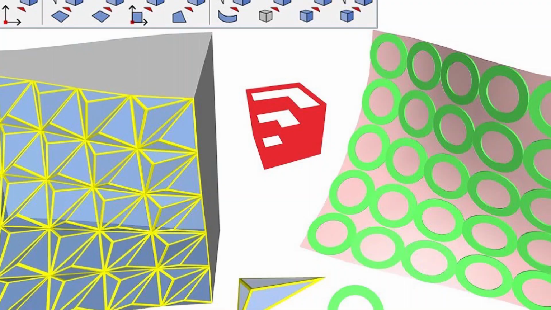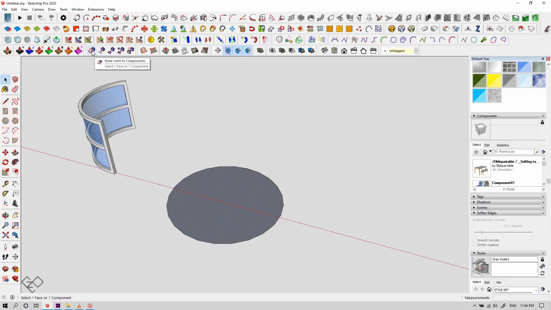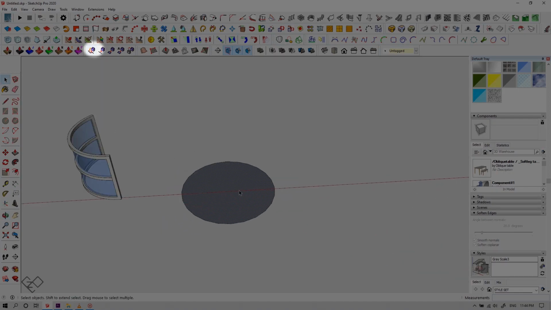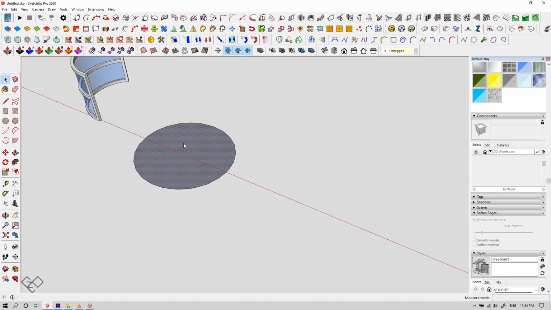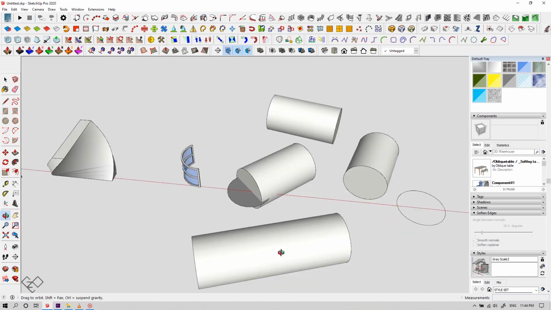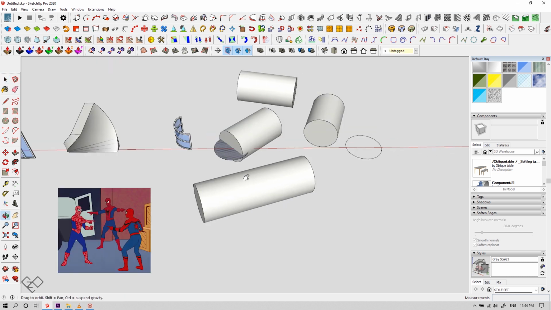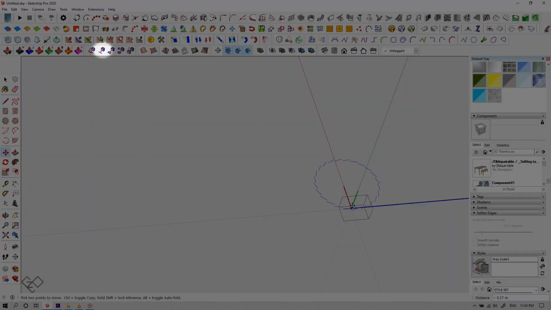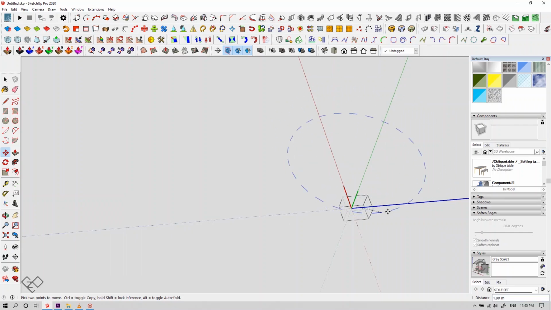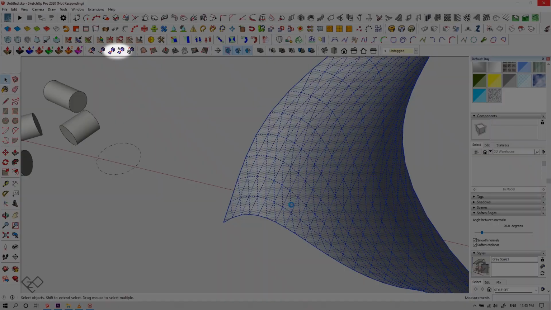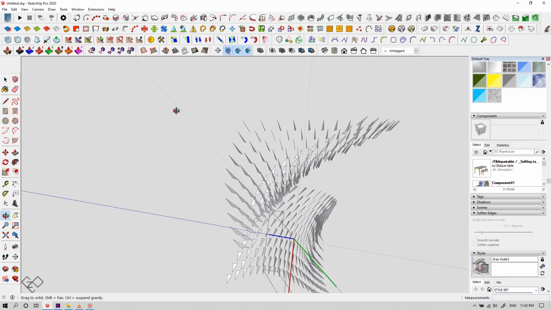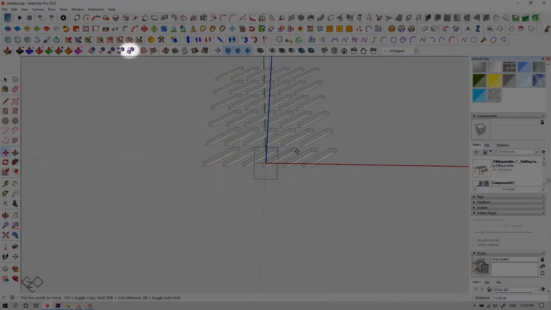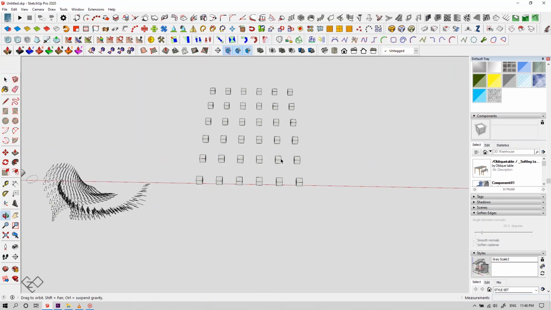Next one is my favorite plugin, S4U Component. This plugin basically makes any set of similar objects into components. This tool over here draws lines into components. Here you need to select a face and you can keep on drawing its extruded versions, and surprisingly all are the same component. This one turns your lines into component. And these two options are for faces, and this one will make your selected groups into a component.